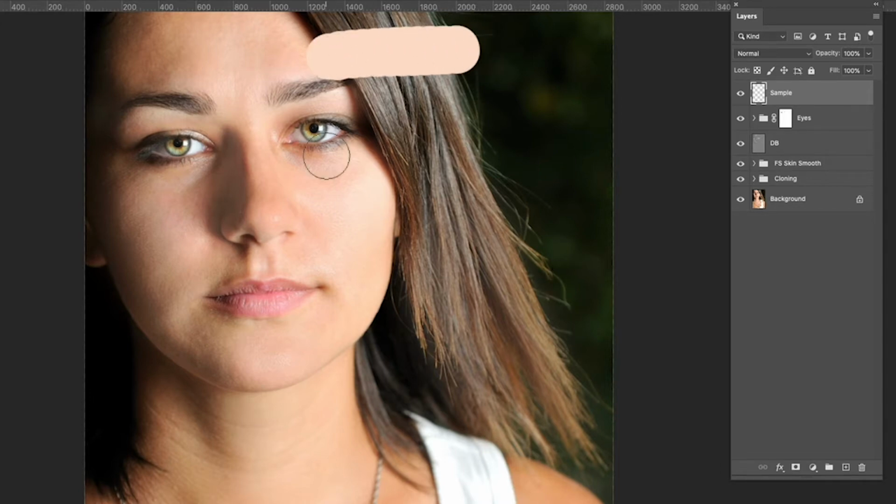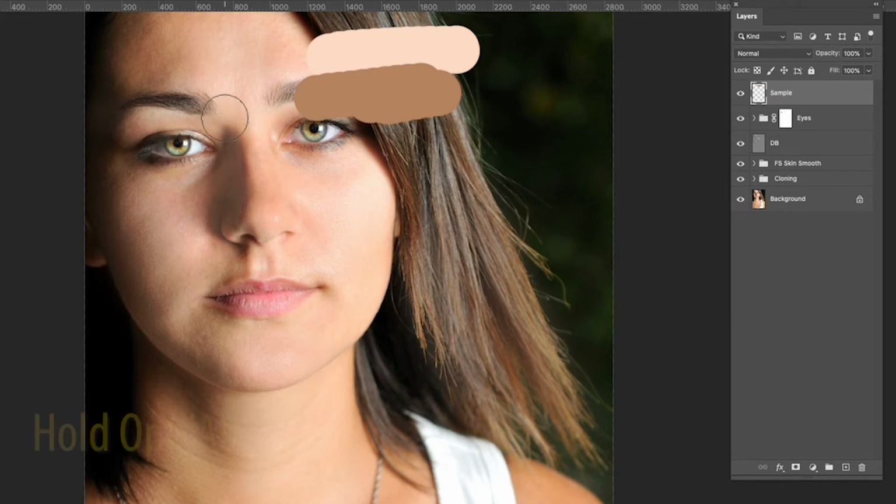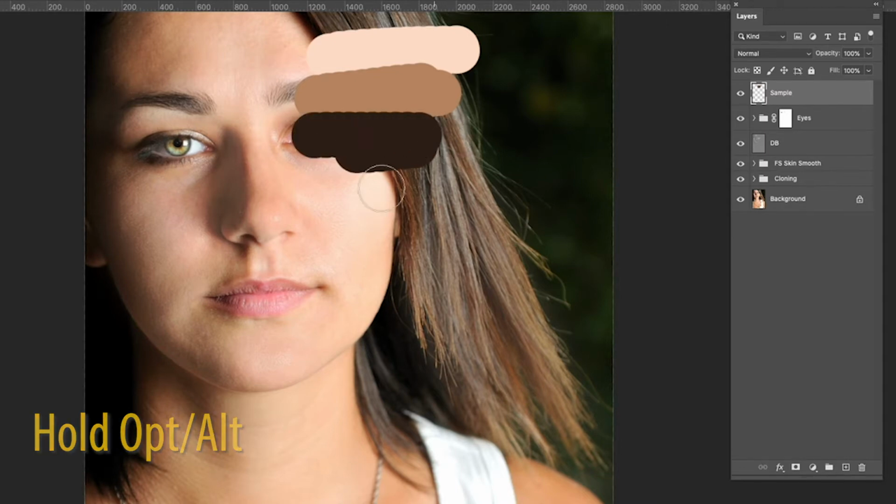Then I'll try and find a mid-tone, maybe over here on the forehead. If I come in and just select a color from there and sample that as my foreground color. I'm not too concerned about where I'm painting because it is on a separate layer. It's just a sample layer that we'll get rid of. And then I'm finding a shadow. So probably in here, it's a good representation of the color in the shadows of the skin. Cool, so now I've got my 3 different ranges there,